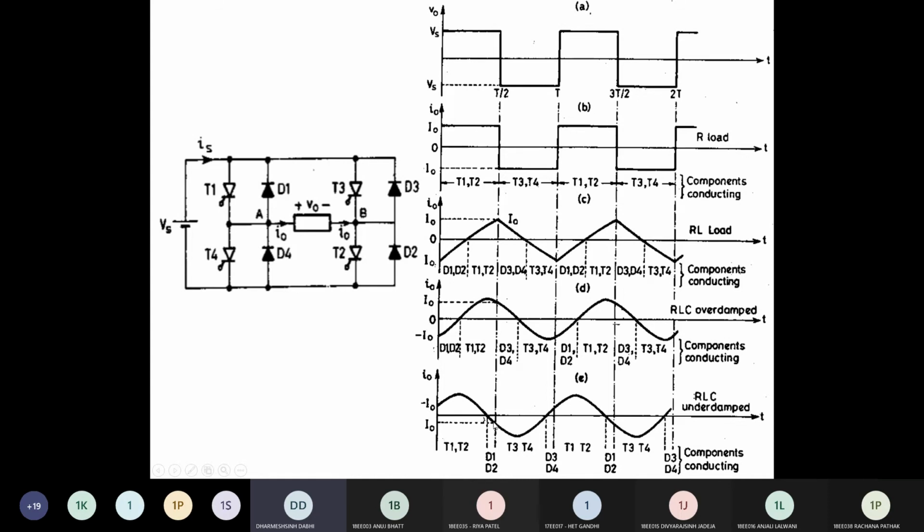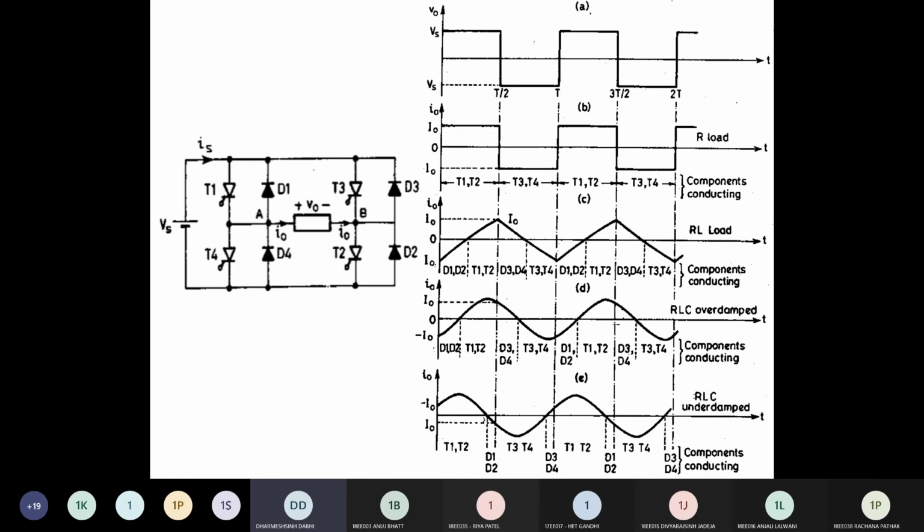Clear? And calculate the conduction time of diode D1. In the same way, diode conduction time remains the same for all the diodes. You can see that D1, D2 are conducting at the same time, and then for the same duration, D3 and D4 are conducting. Clear? So here I calculate the conduction time of thyristor T1 and diode D1. As we see, we get the angle 67 by which your load current leads the voltage. Clear? So it means what? The angle during which your diode conducts is the angle by which your load current leads the voltage.